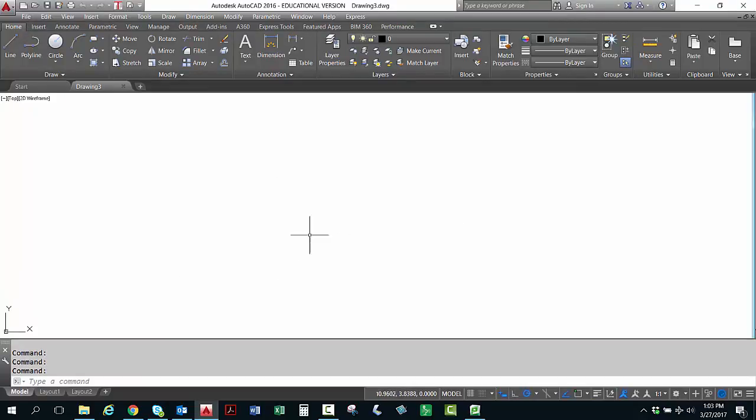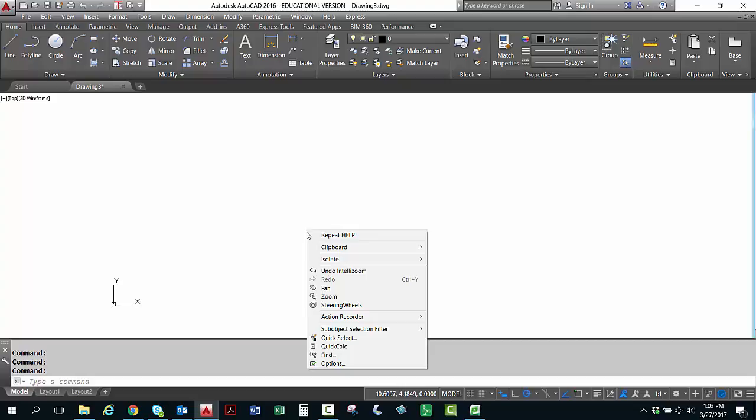So you have a screen that looks like this. I'm going to zoom out just a little bit. You can see that over here is your 0, 0 location, your XY location. First thing it wants us to do is set up a plot style mode, and we're going to change it to a plot style table. So on page 7-5 in your book, inside the graphics area we right click and we select the options at the bottom,